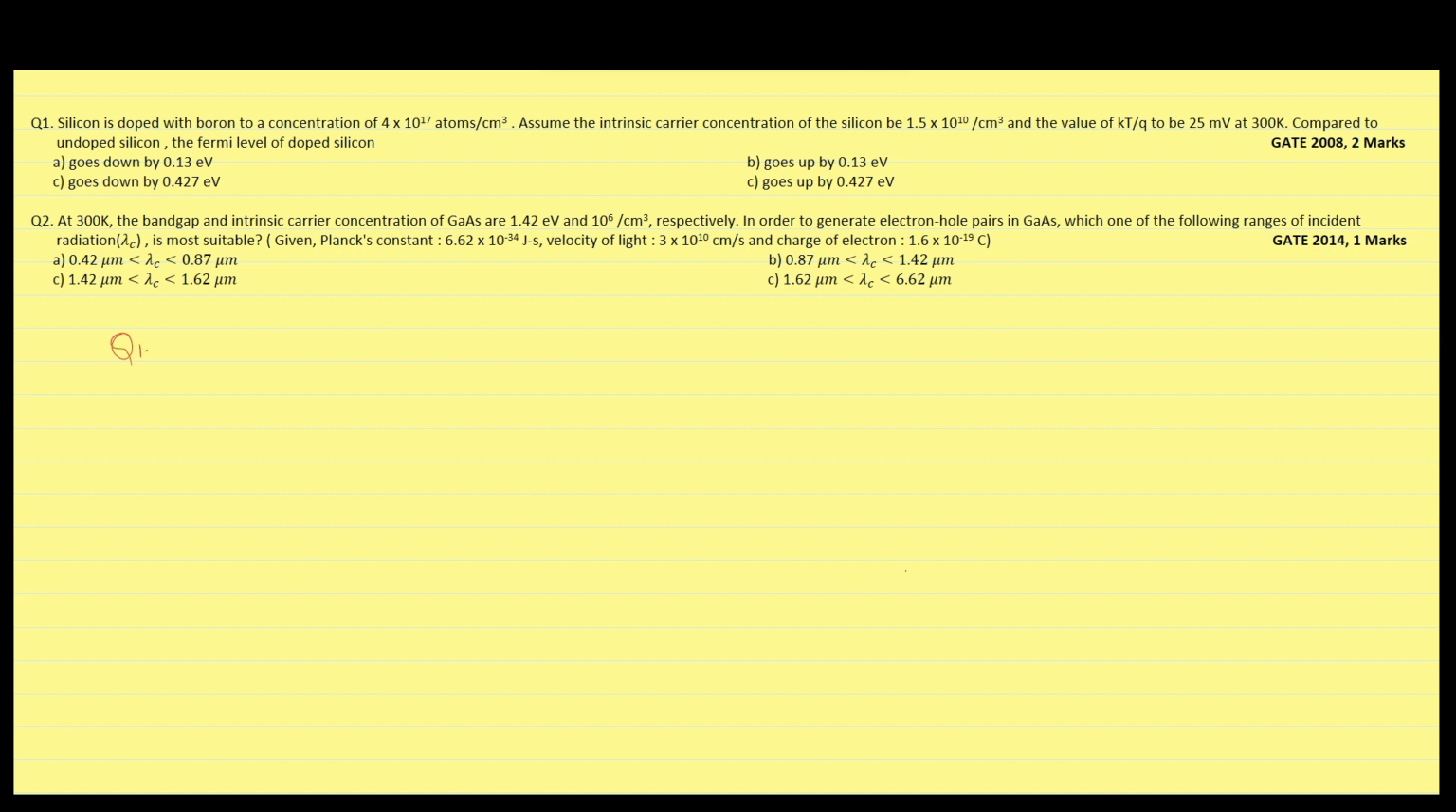For the first question, we know that boron is a p-type impurity, and you can also see that doping concentration is provided 4 into 10 raised to the power 17 per centimeter cube. Intrinsic carrier concentration is provided 1.5 into 10 raised to the power 10 per centimeter cube. Also, we have a formula for finding the hole concentration, which is... we can assume the hole concentration to be approximately equal to acceptor concentration. Therefore, we can write